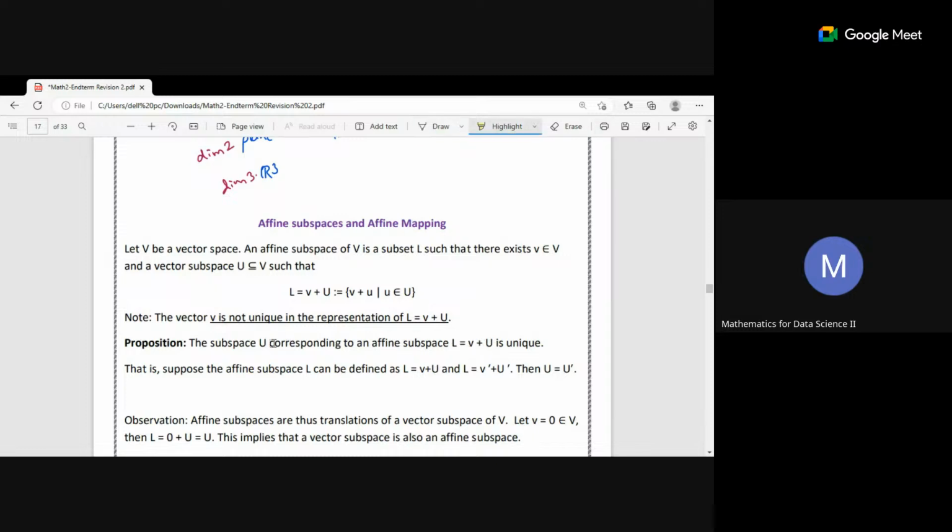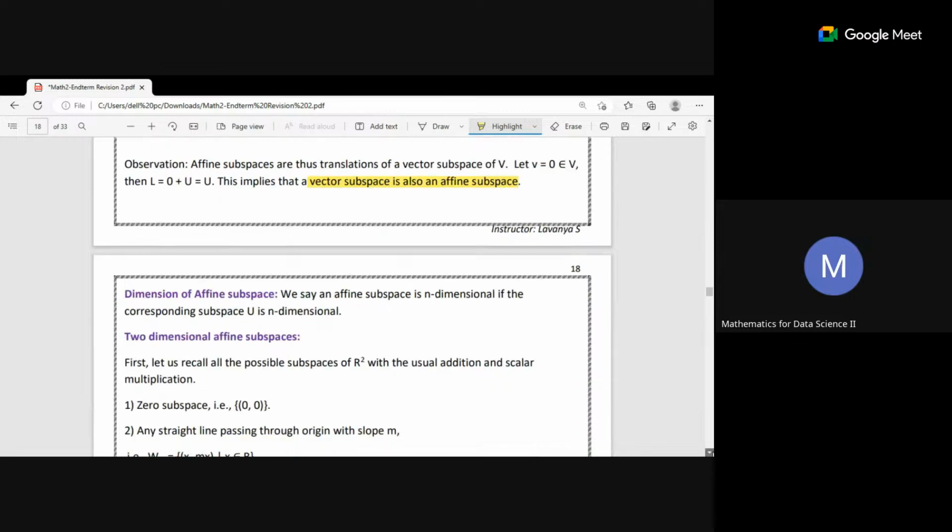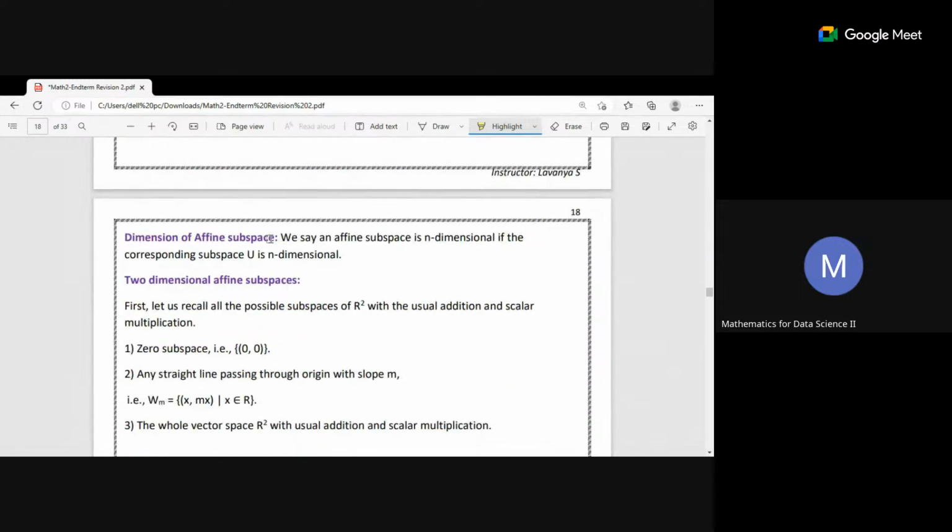So here U is unique. This subspace U is unique. But V is not unique. In this representation, L is equal to V plus U. V is not unique, but U is unique. It means what? For the same L, you can have different V. Here, if you have V and V dash. But this U and U dash, they cannot be different. They are same. Okay? Fine. So remember that every subspace is also an affine subspace. And the dimension of affine subspace, suppose you are having L is equal